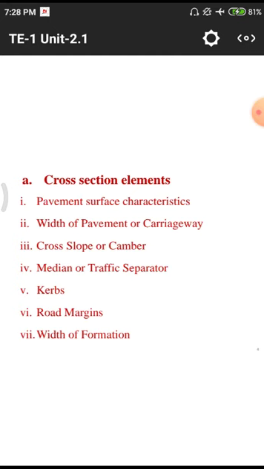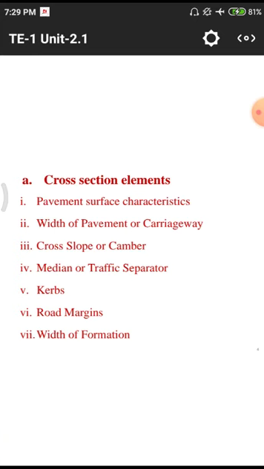And next, width of formation. Whenever we have an intersection of different kinds of roads, definitely we have to follow this width of formation of road, on which width we need to move. Okay, all those come under these cross sectional elements. Once again I will discuss.